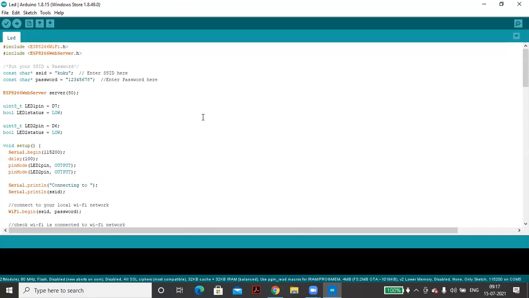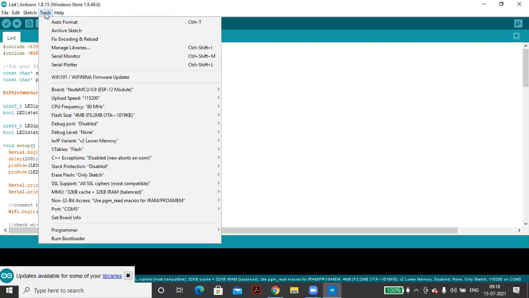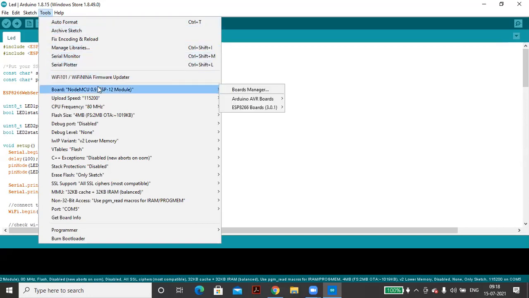After installing, you have to configure your board, because if you download the raw software, it might be that your board is not supported. So you have to just update the library. If you go to Tools, there is an option of choosing your board, on which board you are performing. Then there is a Board Manager.